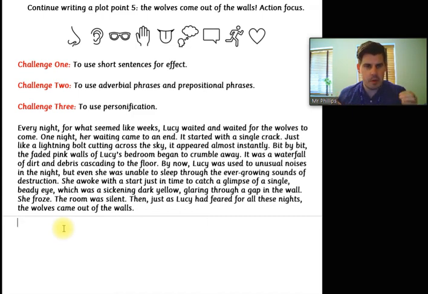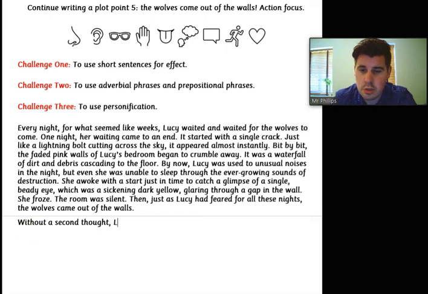So rather than just going straight with "she jumped out of the bed," maybe use a fronted adverbial. Well, I can get myself an adverbial phrase in straight away. So how did she jump out of the bed? Without a second thought. So, without a second thought, Lucy jumped out of the bed, or scrambled out of